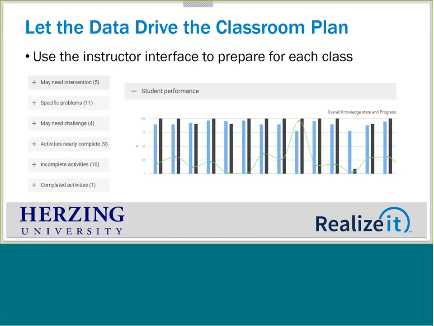And off to the side here, I'm showing another analytic piece, but this specifies needing intervention. So there are 5 students that the system is saying are really struggling with these topics, and it will list their names and tell me as the instructor that that's the issue they're having. There are 11 specific problems. So it may be the same student, but they're having trouble in an area. And I can see that 4 students are excelling at this topic. And those are students that I might want to pull off to the side and offer more challenging content or challenge them with something.